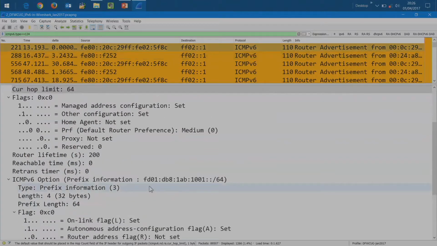You only changed the first two nibbles of the first hex tab. Everything else, it made look the same. So it's very stealthy, right? If you're not really looking close, you just kind of look at that number as a number. Oh yeah, DB8:lab:1001, yeah, we're good.